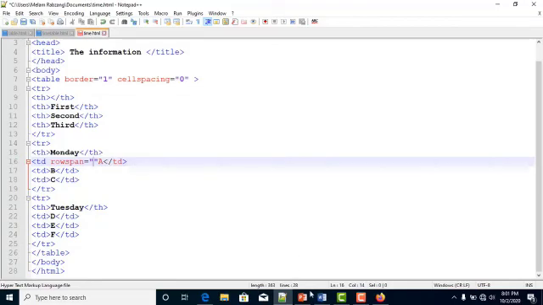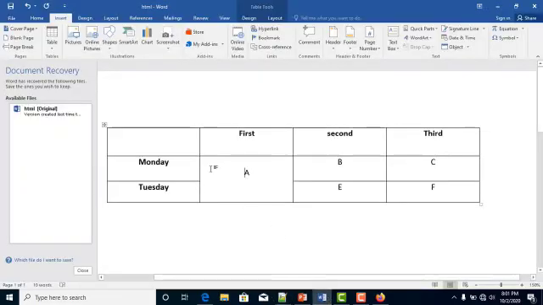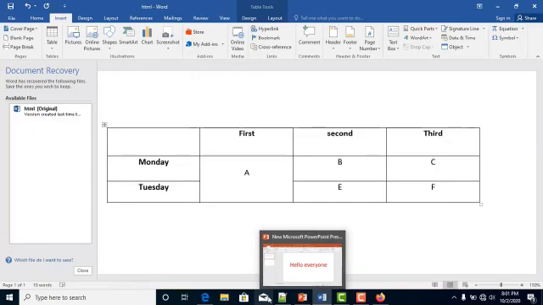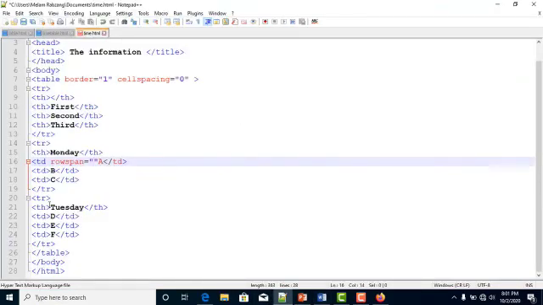How many rows are spanned here? The rowspan covers Monday and Tuesday, isn't it? Monday and Tuesday, 2 rowspan. So I have to insert here 2. Rowspan is equal to 2,